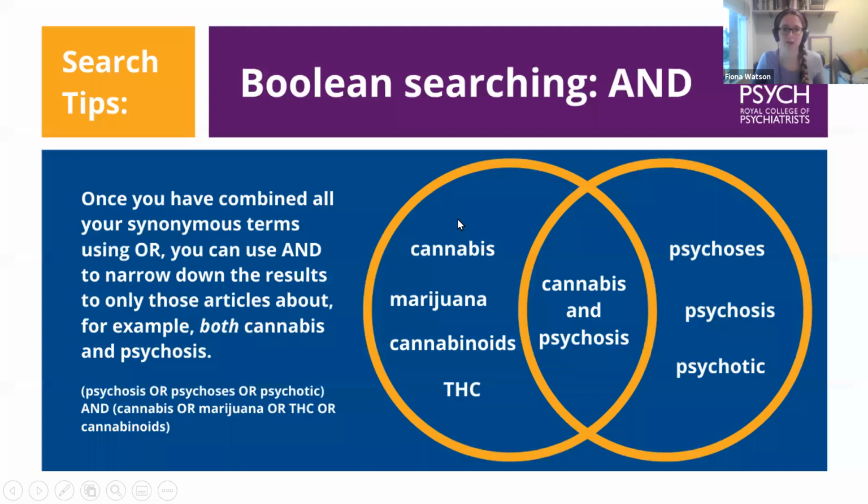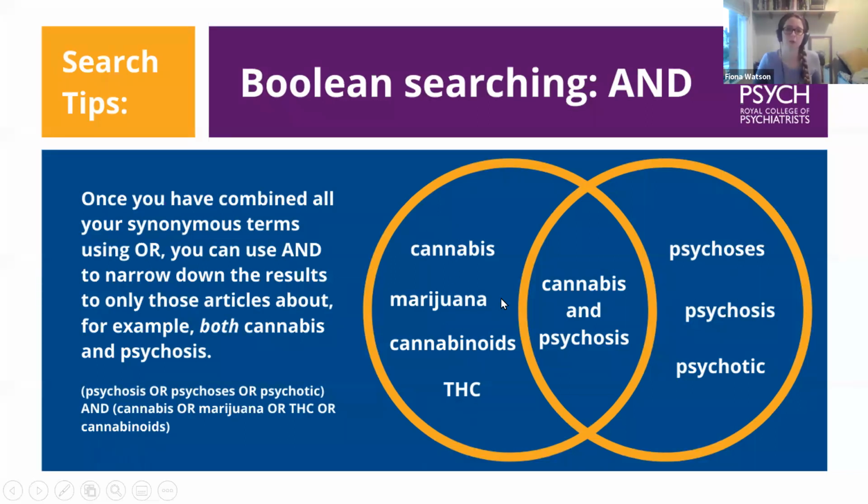And you can see here that you might be looking for an article on cannabis, but the article that you really wanted to find was calling it marijuana. So you didn't find it because you didn't search marijuana as well. So it's important to search all these variant terms. But that said, and this is something you maybe need to think about when you're doing your question, you need to know whether you're interested in cannabis or cannabinoids more generally, and be specific about that.